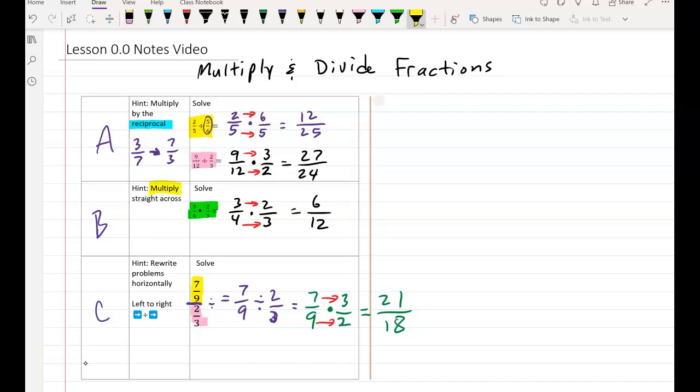So, some important things to remember. When you multiply, straight across. When you divide, you have to multiply by the reciprocal. And then if you've got a fraction made up of fractions, you have to rewrite those problems horizontally. So instead of top to bottom, they go left to right. That's all you got to